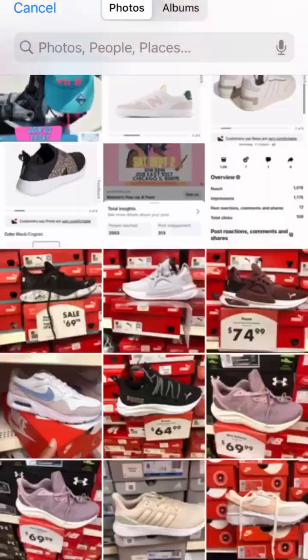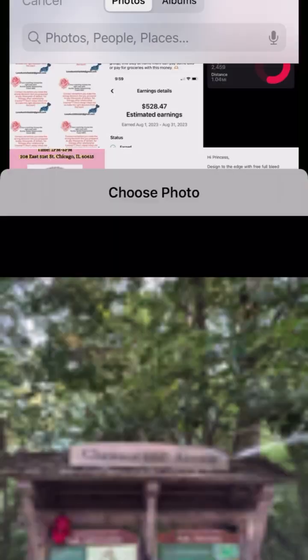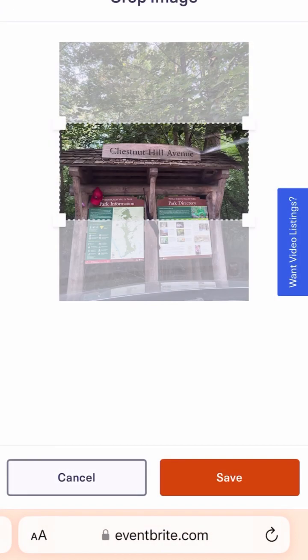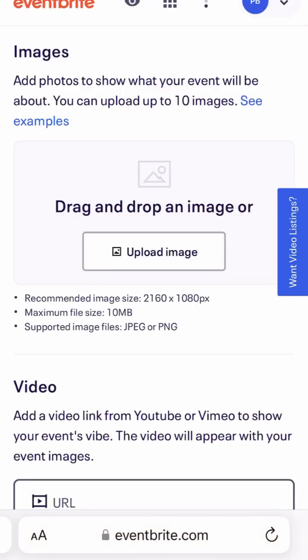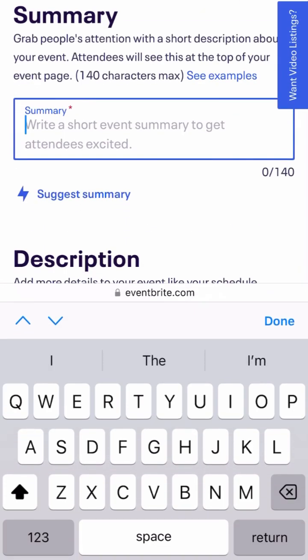So I just went back through and I grabbed a sample picture of that Hyatt Trail walk you did, where you did the picture of that signage out there, and that is going to be the example for this. Now I'll also send you the link, inshallah, so you can look at this, but I'll delete it tomorrow, or whenever you say you have it done by, that way people aren't confused and think I'm actually having an event.